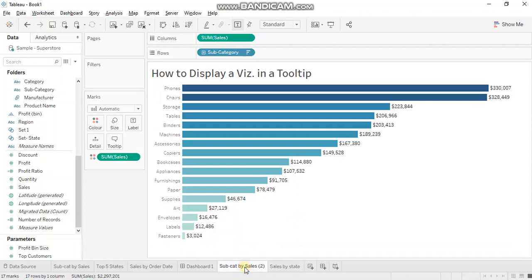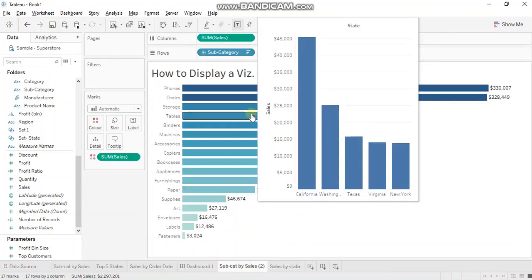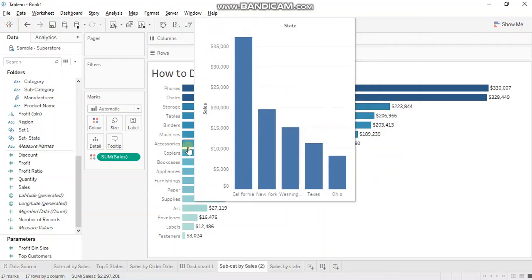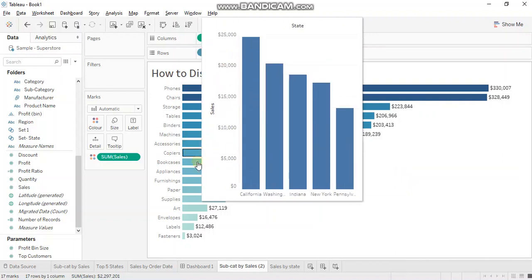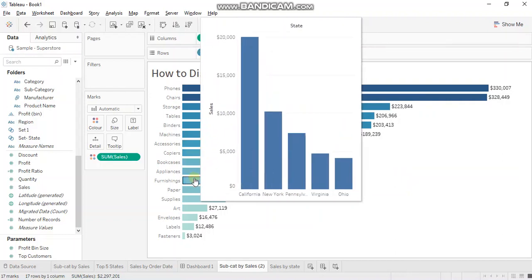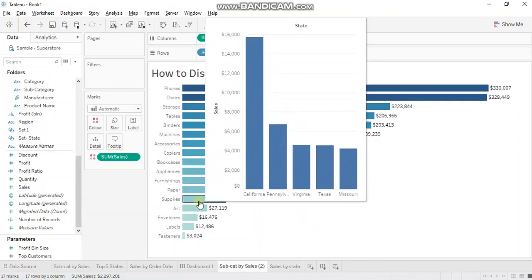Let's go back to say subcategory by sales, and you'll observe that you have top 5 states relevant to these specific subcategories. So for tables, we have California, Washington, Texas, Virginia, and New York. For accessories, we have California, New York, Washington, Texas, and Ohio. So like this, the states keep changing as per the subcategories.